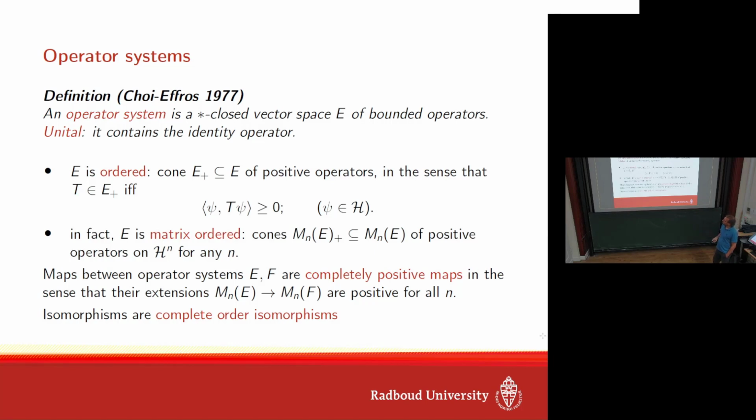So this operator system, the concrete version, is just a closed vector space. Well, closed could be dropped, but star-closed is the most important thing. And then bounded operators, and it's unital if it contains the identity operator. And this is actually driving me to the abstract definition of an operator system, which is very similar to C-star algebra. So you have this notion of C-star algebra as some kind of closed subalgebra of the bounded operators, but there is also the more abstract one. You can realize one by